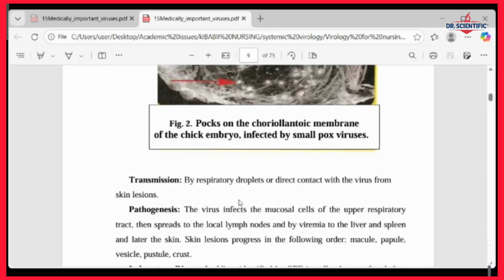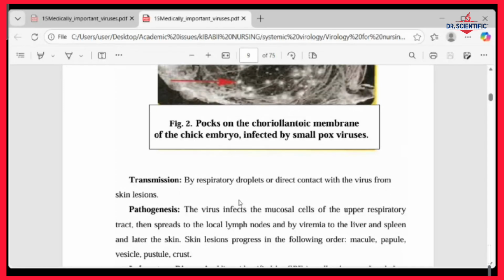Because smallpox is known to cause a lot of lesions on the skin, and therefore, as much as it travels through the body and other organs of the body, eventually it comes out and forms lesions or wounds on the